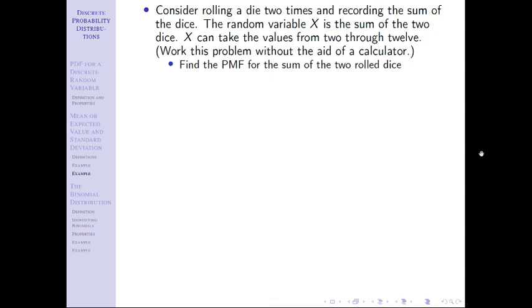It's equally likely that we get the numbers 1 through 6 on each of the die, but that does not mean it's equally likely that you get a 2 as you get a 6 as you get a 10, right? It's more likely you get a 6. It's more likely you get a 7 than it is you get a 10 or an 11 or a 12. And if you want to stop and pause and think that through, you can just work that out and hopefully make it make sense. And we're going to take that a step further in finding the PMF as I walk us through this.